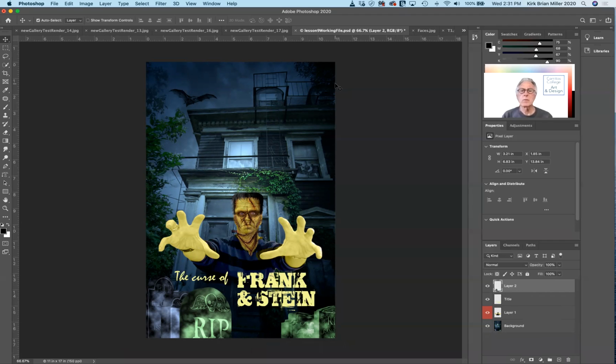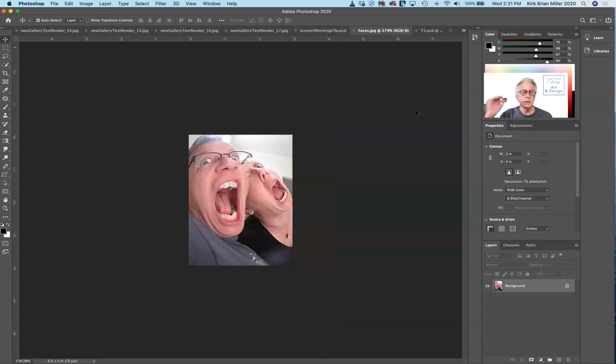So the last thing that we have to do for this are the faces. And this is something that I caution you against doing, or just be very careful. Because this is an important image in our poster, if it's a little grainy, it's okay, but you do need to be very careful. So what we're going to do is enlarge it, because if we were to look at this in image size here,